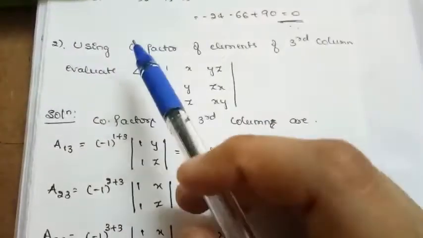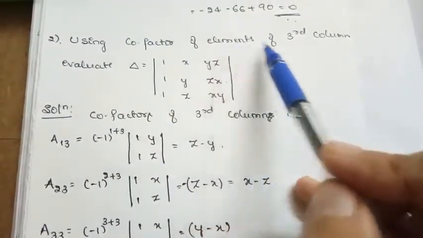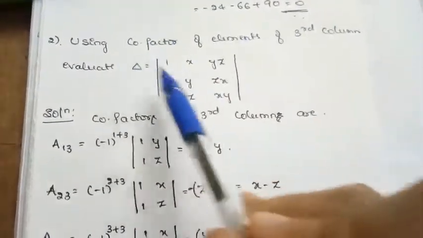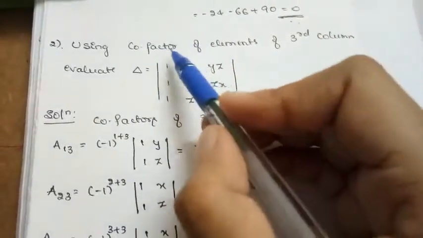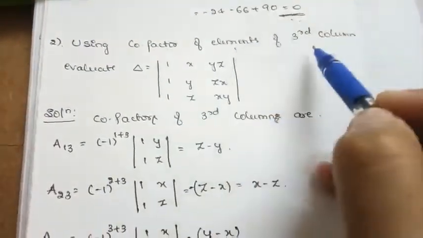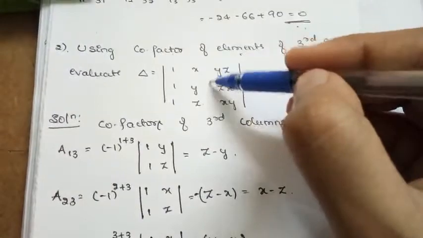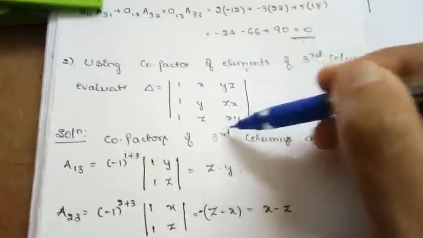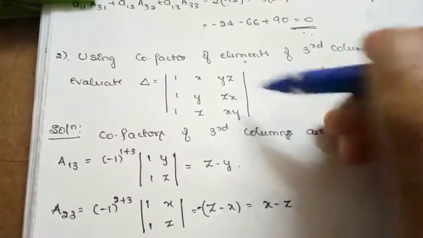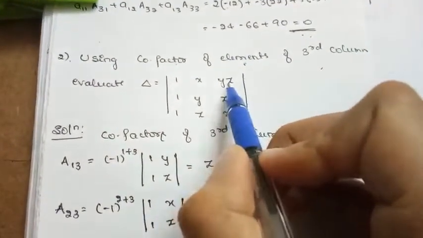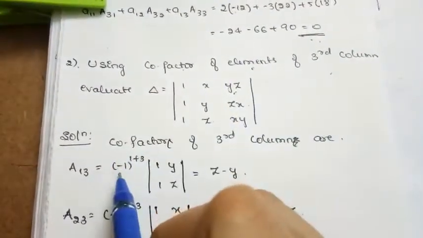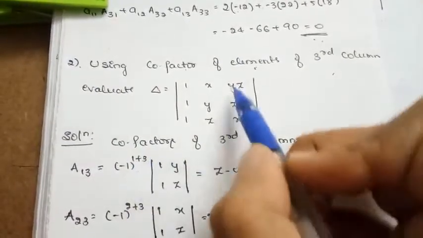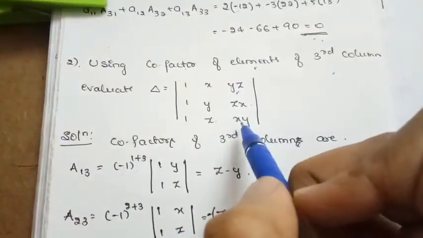Here is one of the questions. Using the cofactors of the elements of the third column, evaluate the determinant. They have said to use the cofactors of the elements of the third column. What is that? We need to find the cofactors of the third column. This is our third column, right? How are we going to find the cofactor of the third column? So this is nothing but our A13. A13 is equal to minus 1 to the power 1 plus 3, deleting the row and column containing